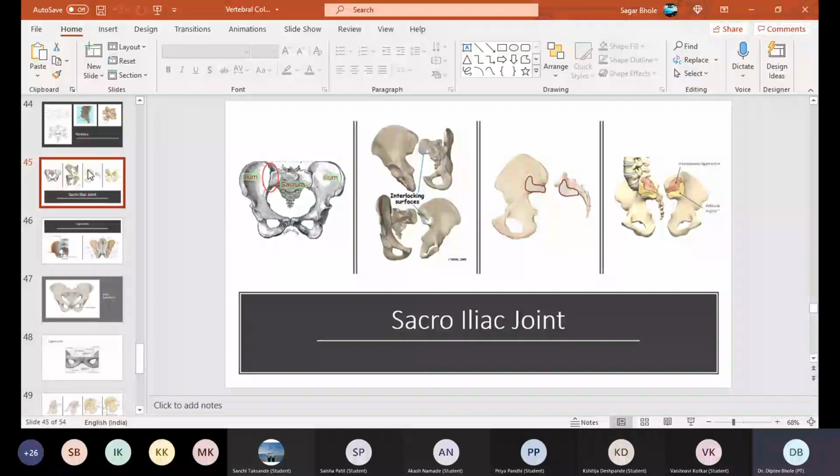SI and the general pelvis, because we'll also be talking about the pubic symphysis today. So, in order to allow this function, there are going to be certain structural changes. One structural change that is very obvious